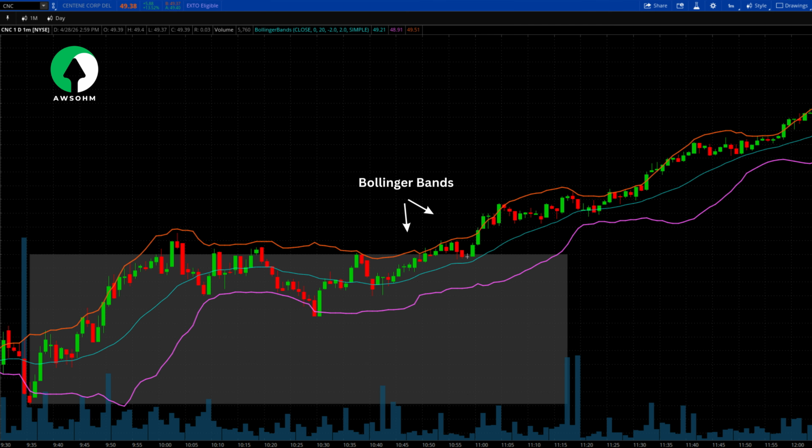To understand market structure at a professional level, you have to look past the candles and see the bones of the price movement. It is the framework that tells you whether the buyers or sellers are currently in control and, more importantly, when that control is shifting. 1. The core components. Swing points. Market structure is defined by swing highs, SH, and swing lows, SL. These points act as the anchor for your analysis. Bullish structure: characterized by a sequence of higher highs, HH, and higher lows, HL. As long as price continues to make new highs and the previous lows remain untouched, the structure is intact.